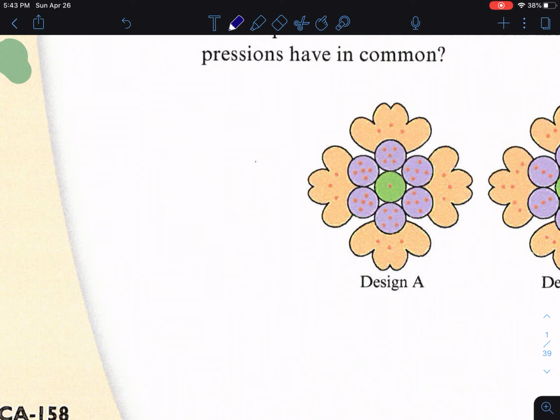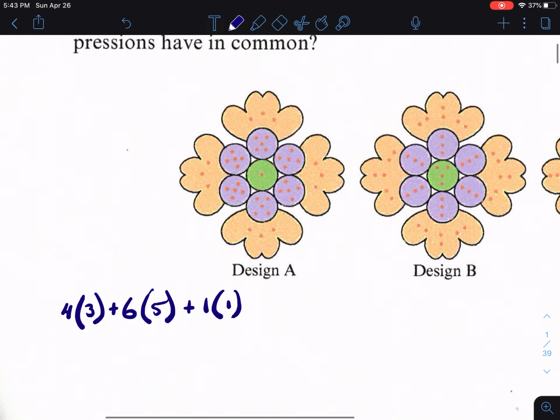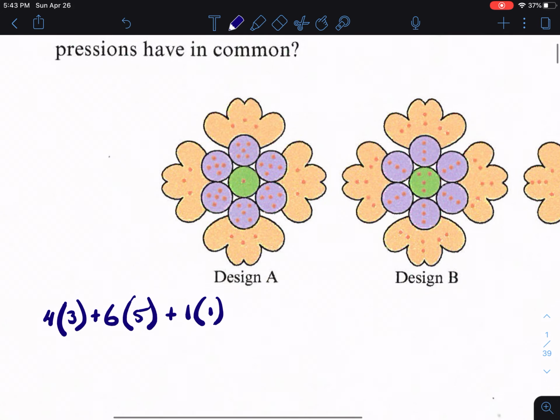So we should be able to write out that there are 4 orange petals, and they each have 3 dots, and there are 6 purple circles, and they each have 5 dots, and then there's 1 green circle, and it has 1 dot. Right, so something like that would make sense based on the picture that we have. And then there are other ways to do it as well, but this certainly is one way that we can